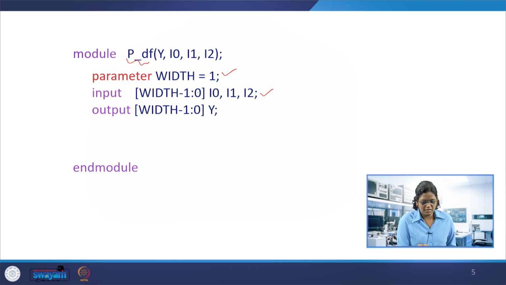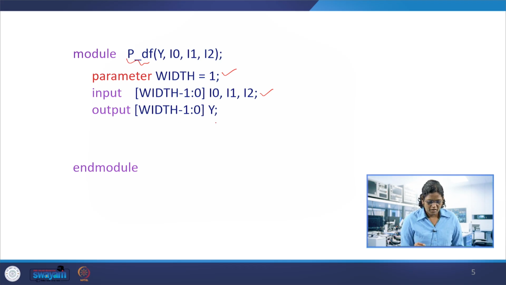So, within the square bracket, we have 0 here. That is showing that it is 1 bit. I0, I1, I2 are 1 bit. This is one way of defining a single-bit number. So, y is also width minus 1 equals 0.